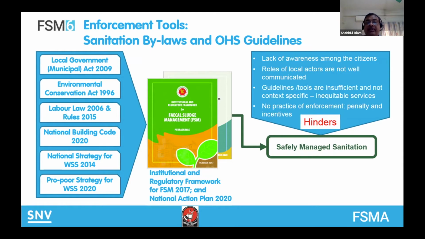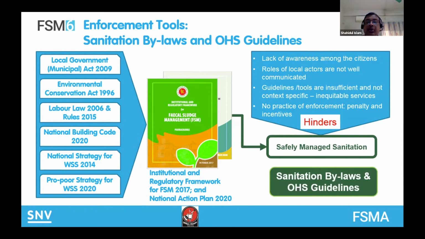So because of all these things, the acceleration of sanitation is progressing very slowly, even though there are sufficient policies, regulations, and legal provisions. So, in order to address all these issues that hinder progress and to implement the IRF and all these legal things, Kustia municipality came up, just last year,